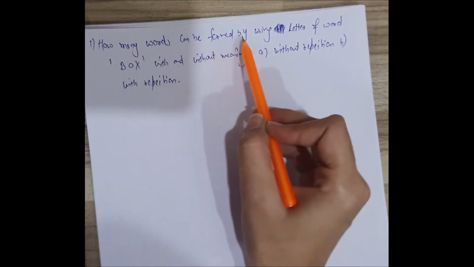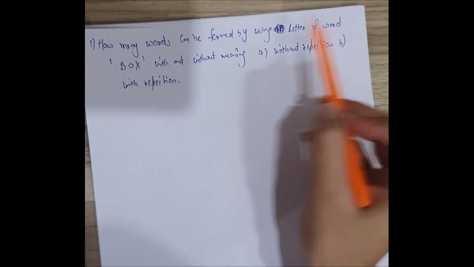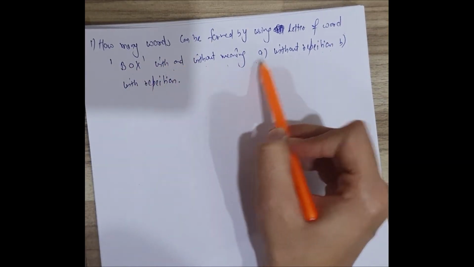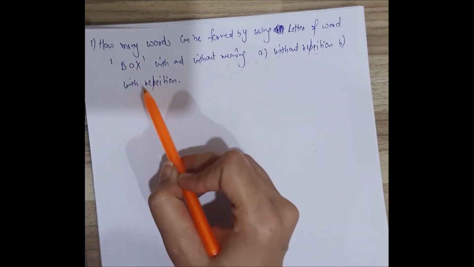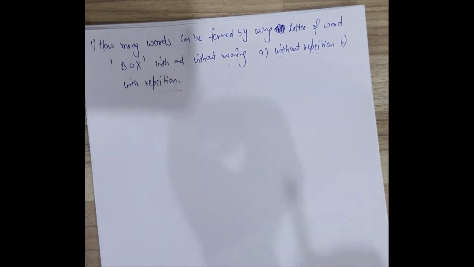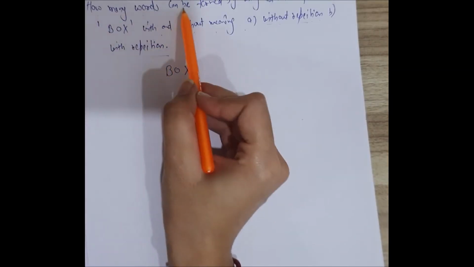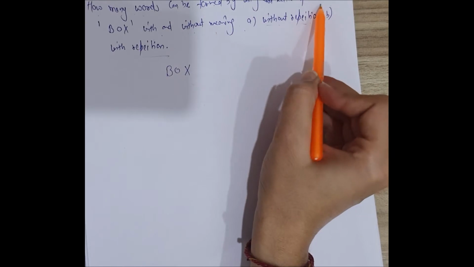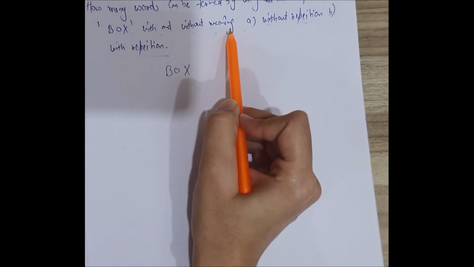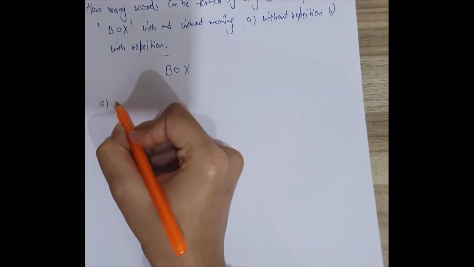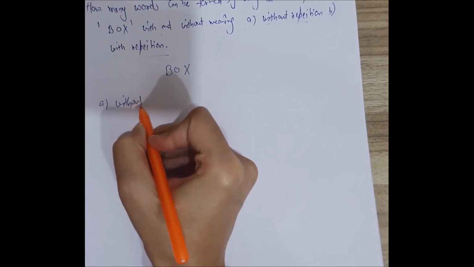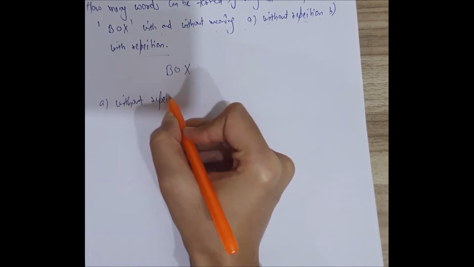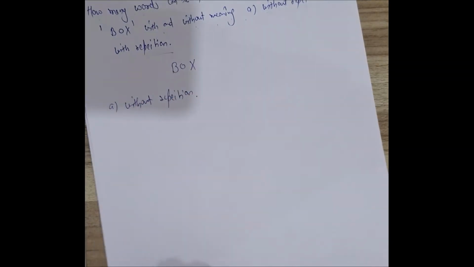How many words can be formed by using the letters of the word BOX, with and without meaning? First, without repetition. Second, with repetition. Here they are saying how many words can be formed using the word BOX with and without meaning. First option, without repetition. They are saying with and without meaning. It means that,